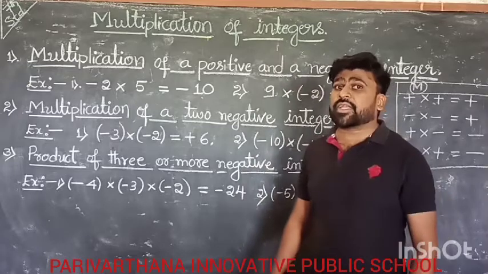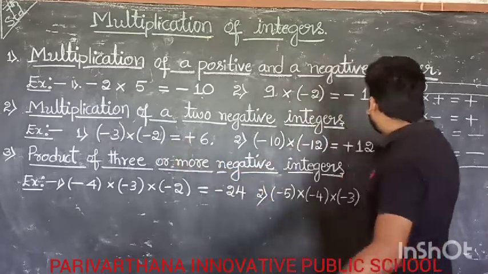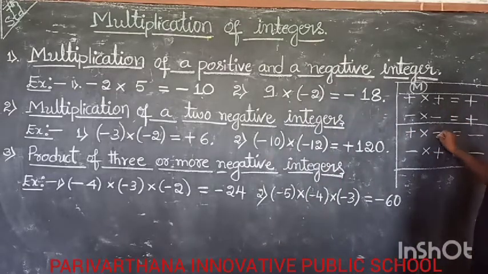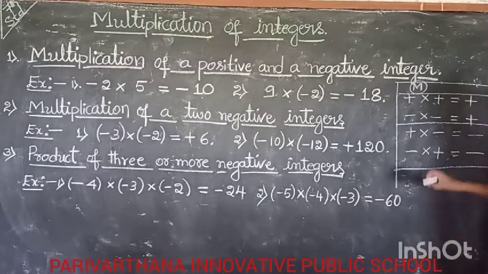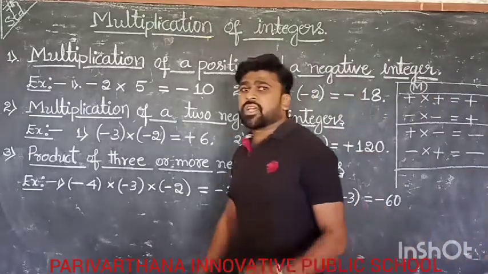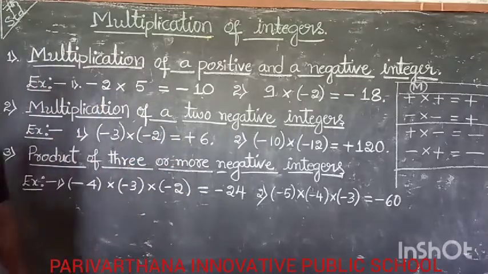Clear? If one is negative and another one is positive, the answer is negative. See, this is the two cases. One is a positive integer and the second is a negative integer, the answer is negative. One is a negative integer and the second is a positive integer, the answer is also negative. If two integers are negative, the answer is plus. And the third one,